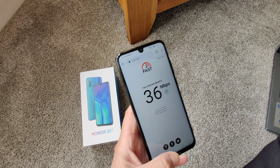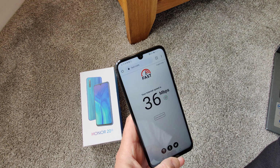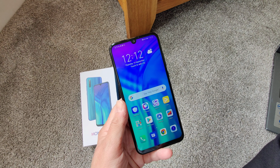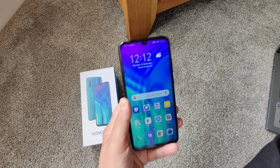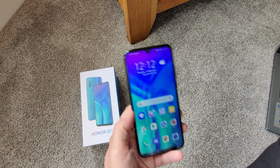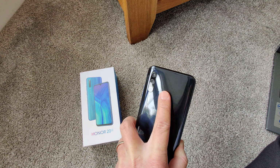36 megabits per second here is not too bad, but I know that can go higher, but you can only get that on 5 gigahertz. But it's really not a massive concern at a phone price point, which is £149. You've got GPS, you've got NFC, so you can do the tappy payments. And you've got a 3,400 milliamp hour battery, which is non-removable, and you've got a fingerprint sensor on the back